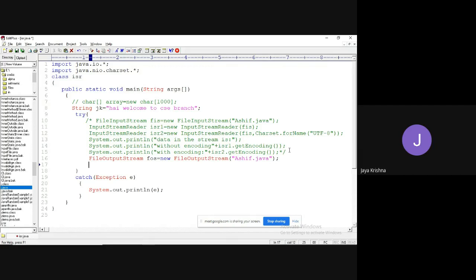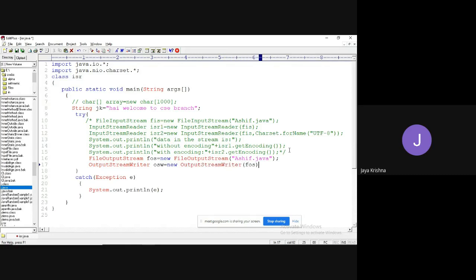Okay. Now to write the data in encoding mechanism format, I can use output stream writer. YSW equal to new OutputStreamWriter.